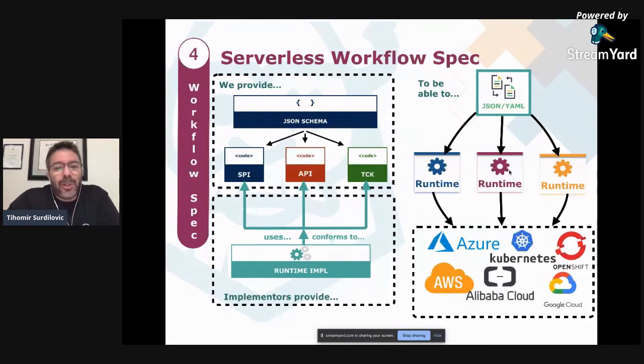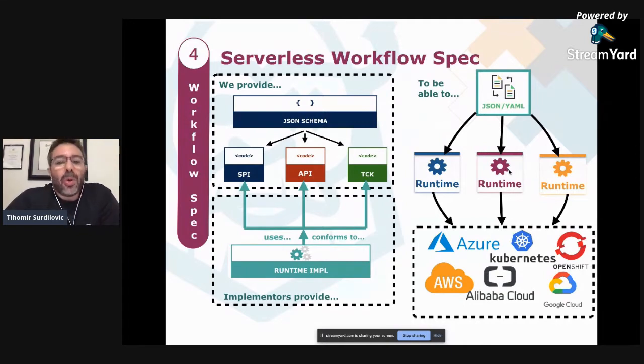We are relying on implementations, and this is what we'll see. Kogito is one of the reference implementations of the specification. But implementations have to provide, of course, the runtime, and they have to use the SPIs and APIs generated from the schema, and they have to conform to a TCK.